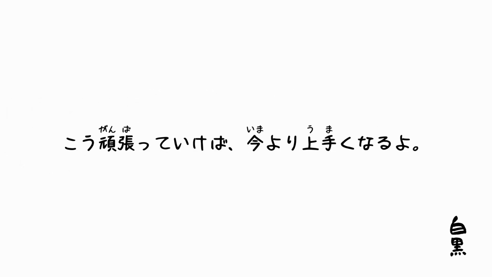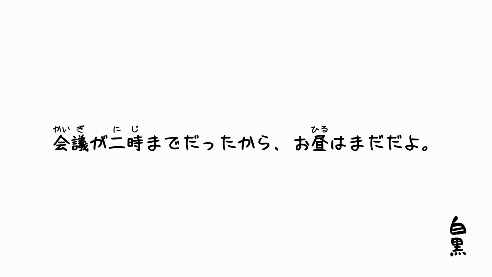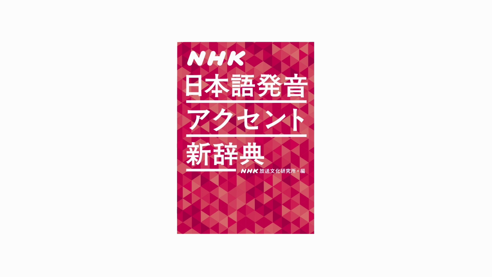However, according to this dictionary, the second drop is smaller in range than the first. Let's take a look at an example of 2 plus 2 morae just like this. こう頑張っていけば今より上手くなるよ。今より。Another example. 会議が2時までだったからお昼はまだだよ。2時まで。